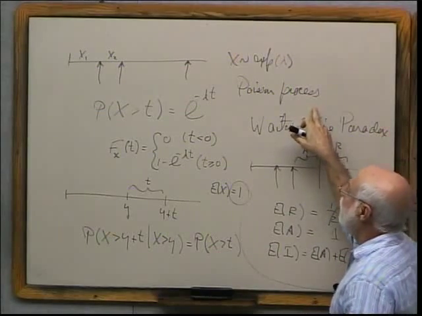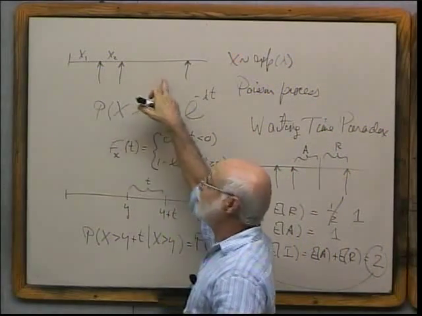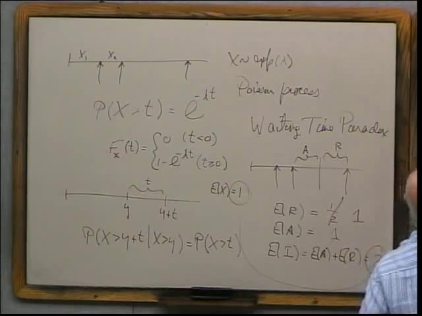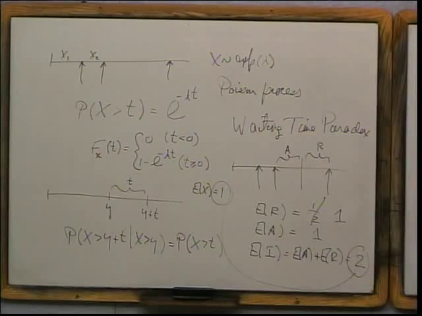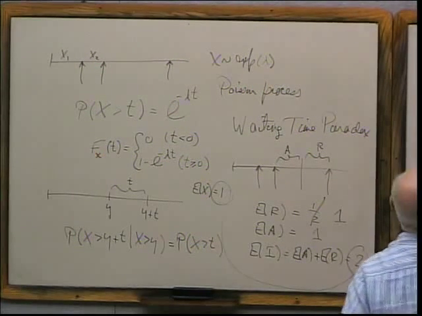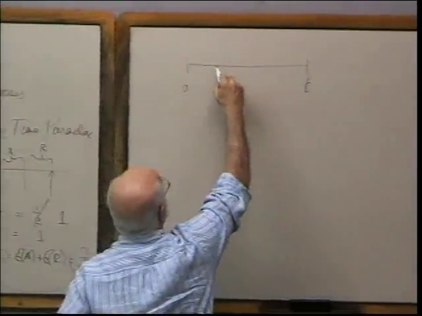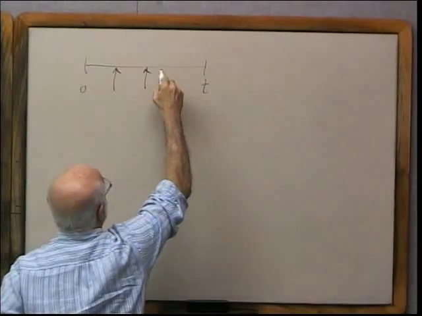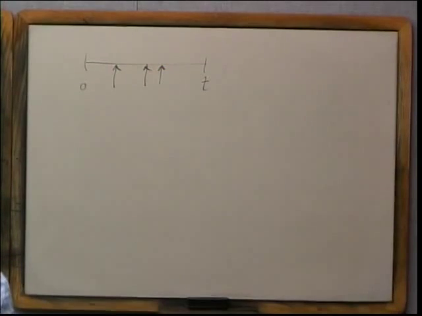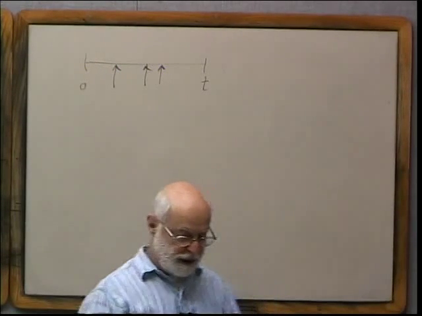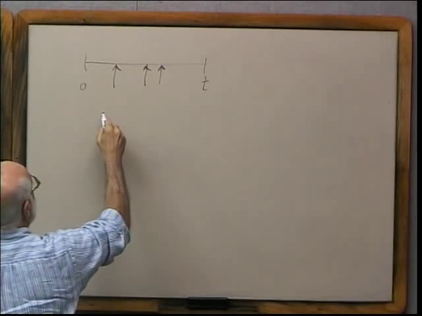Now, I want to ask the question a different way. Instead of telling you how much time elapses between arrows, I want to fix a length of time and ask for the distribution of the number of arrows that occur in that time. So let's say here is 0, and here's t. There's 0, there's t, and these arrows are occurring according to a Poisson process. In other words, the times between arrows are independent, identically distributed with the exponential distribution. The question I want to ask is, what's the probability that in this interval of length t, I will have exactly